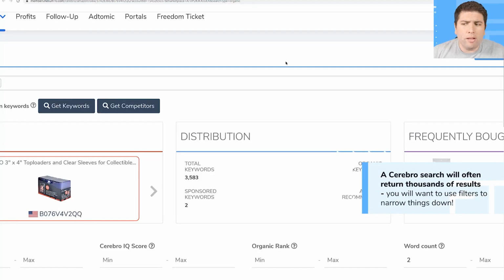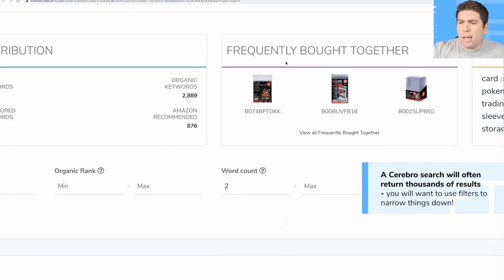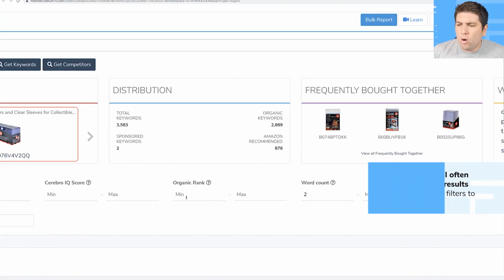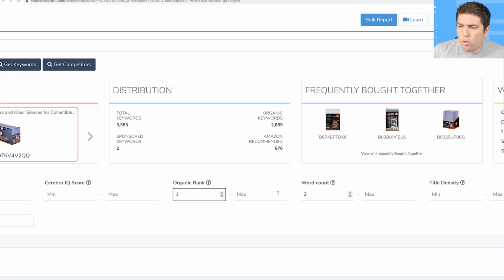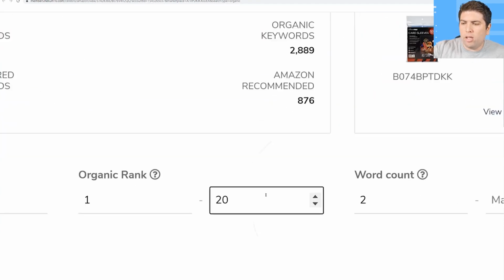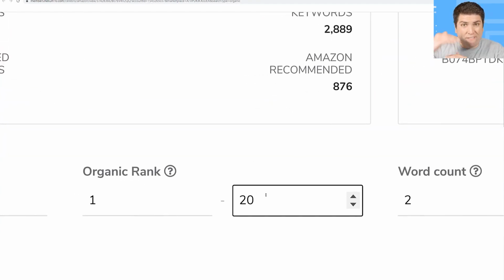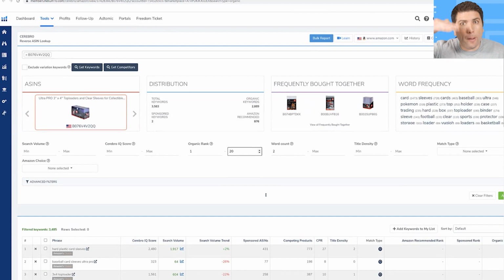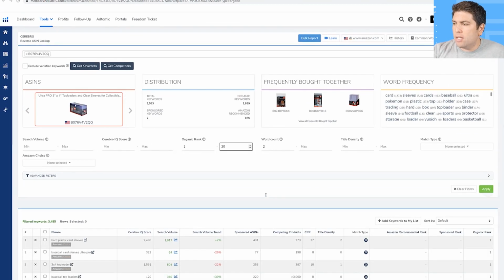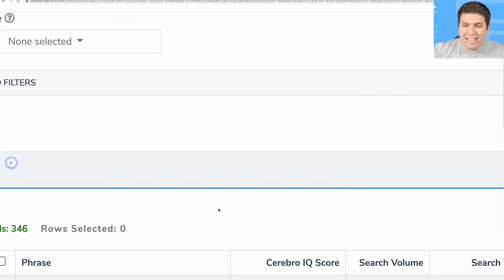Almost nobody, right? So the first thing I'm going to do is I want to see where this product is showing up, not only on page 1, which is usually about 50 listings. I want to find out where this product is ranking in the top 20, the upper half of page 1. Let's see, this should greatly narrow down this search. All right, we went from 3,000 down to